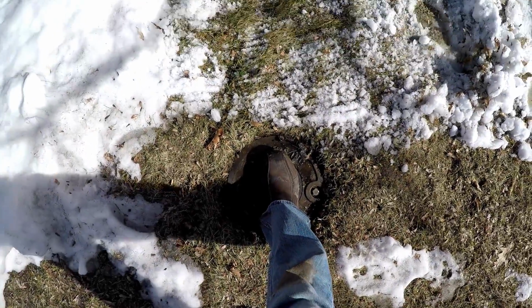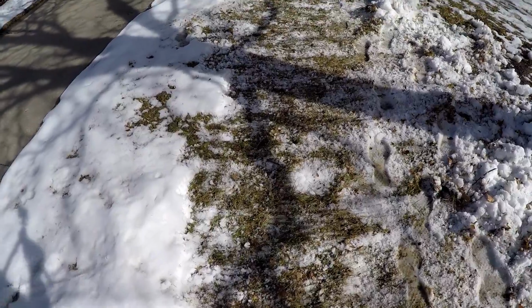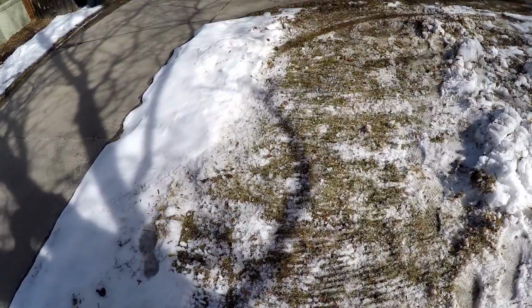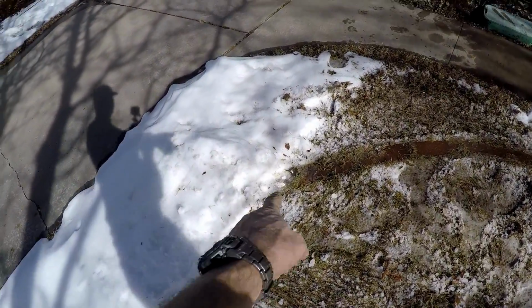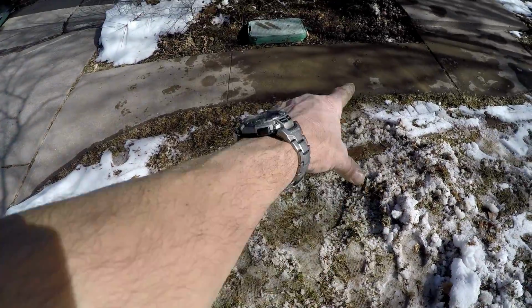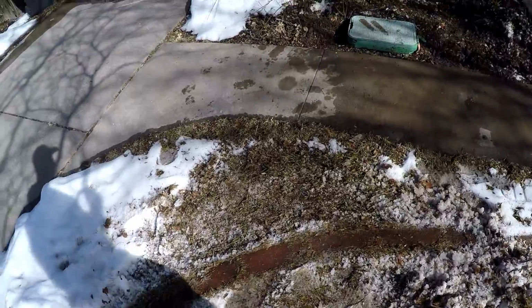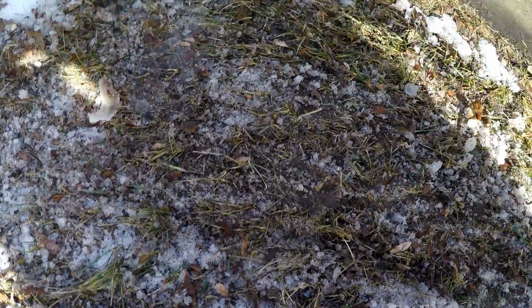All right, we got a little bit of bad news. There's the water meter pit, and I've raked all the snow off of here, but the ground is still frozen 3 inches thick. It's hard as a rock. I did find this little landscape bed here. This is supposed to be landscaped. It's possible that somewhere in this little corner here, of course, you hear that? That's mud. This frozen mud somewhere in this area